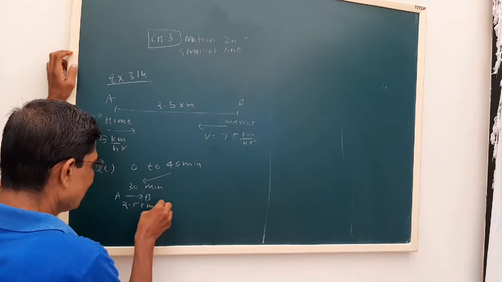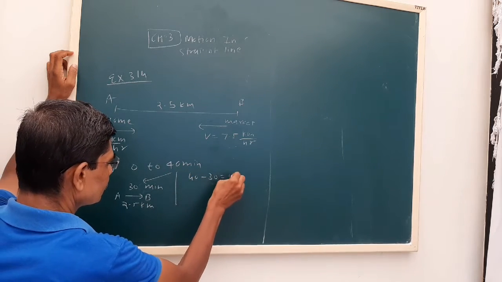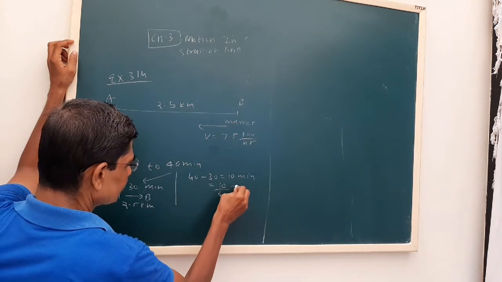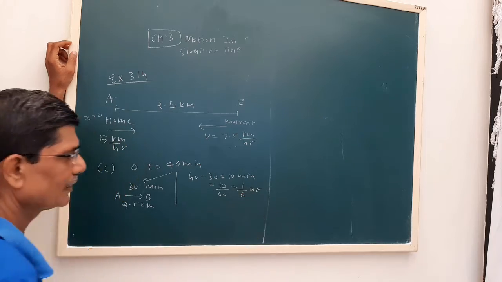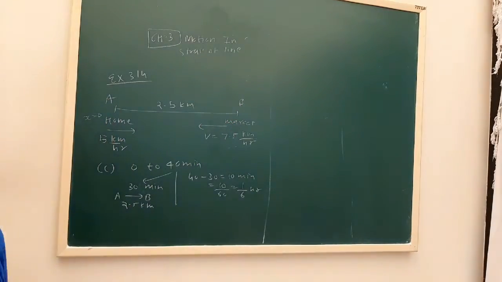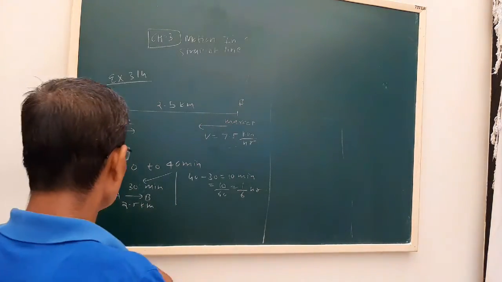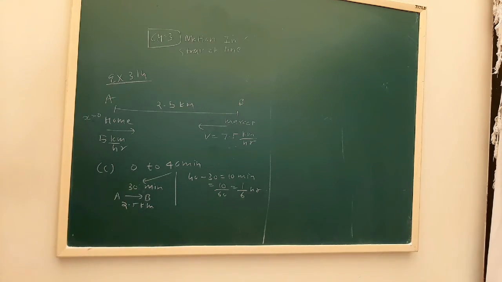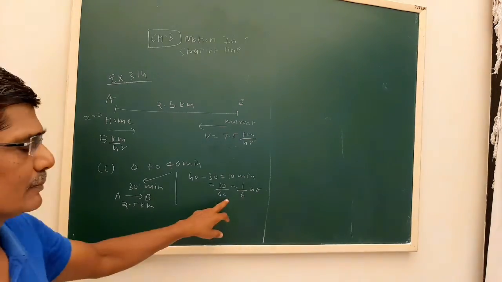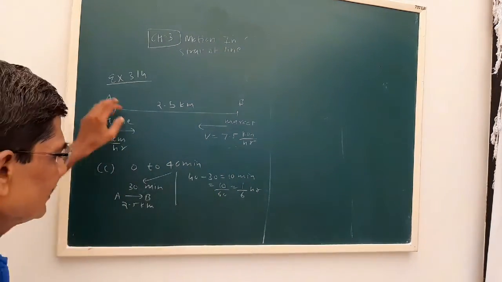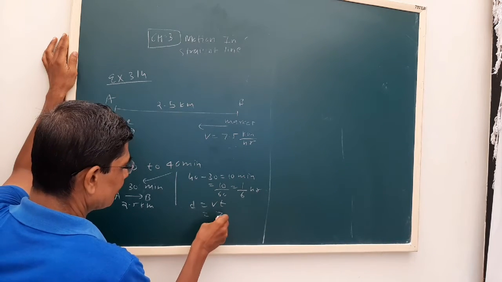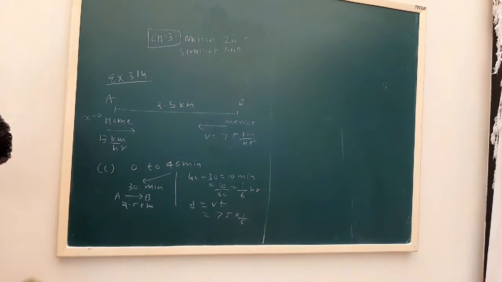What is the remaining time now? Okay, 10 minutes I convert into the hour. So for the remaining, see, in 30 minutes it has moved from A to B, that is distance covered is 2.5 km. Now, during the return journey, it will travel with a velocity of 7.5 km per hour, but see, the time will be only 1 by 6 hours. So we can say D is V into T, V is 7.5, time is 1/6. Okay, so we can get